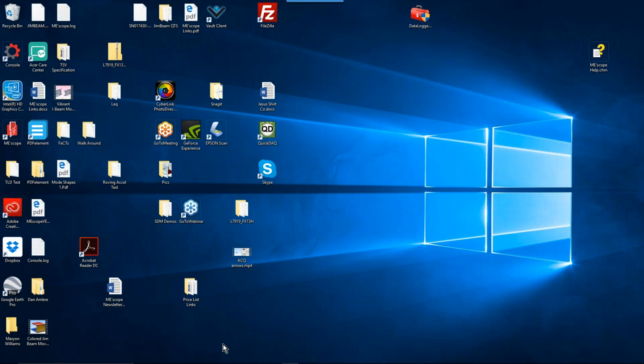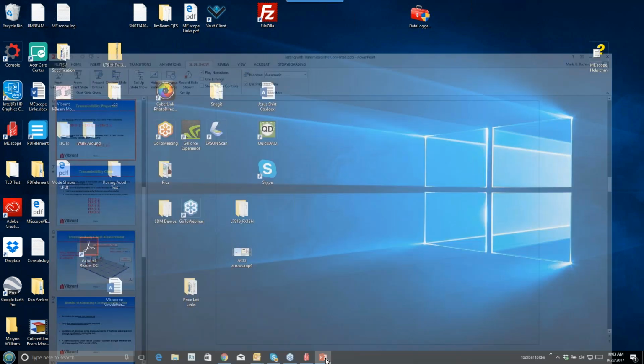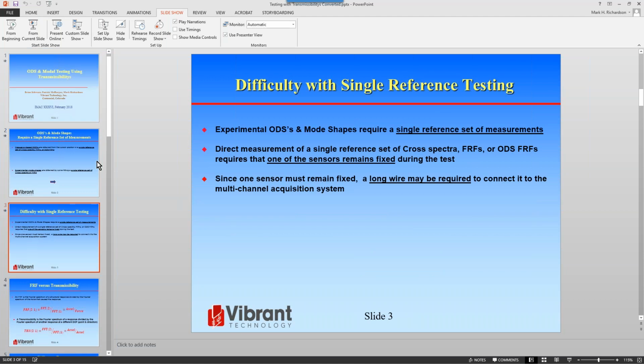We're going to be using ODS Pro and some scripting, and I've breadboarded a lot of what we're going to talk about today using the scripting that's a standard part of MEscope. Those of you that own it probably haven't tried it or used it much yet, but it's a great way to automate and to prototype some calculations that you may want to try out with your data that aren't available in the MEscope commands. Let me bring up some slides first,